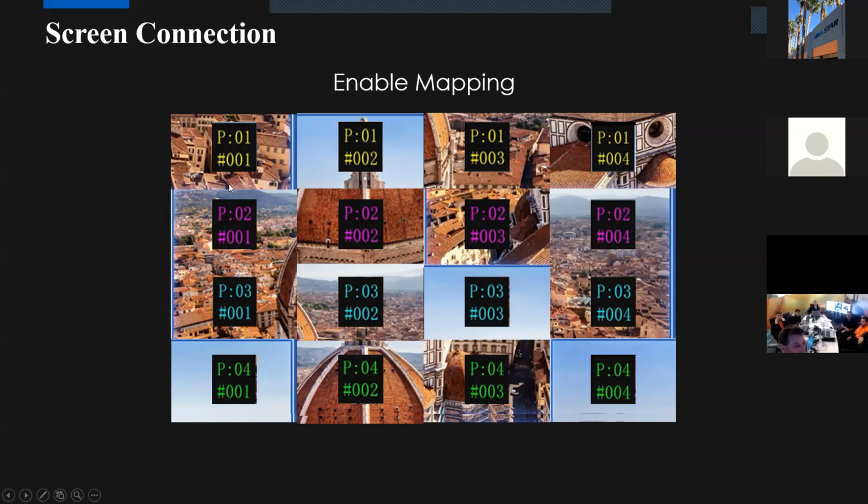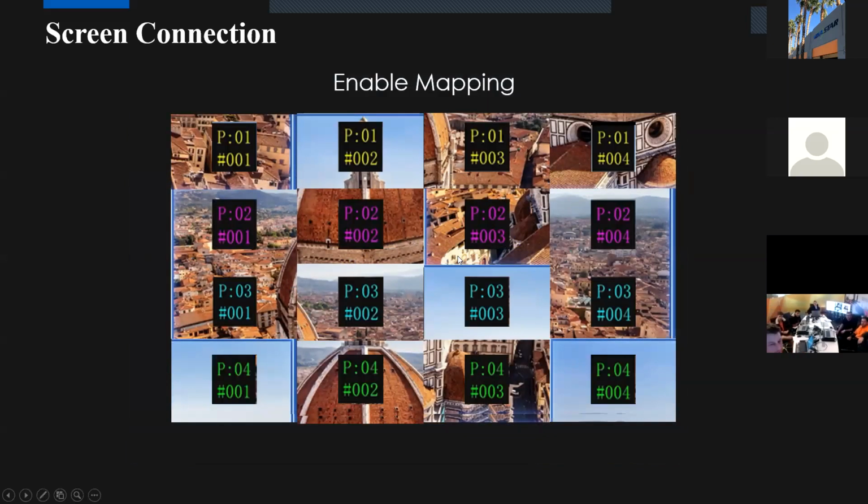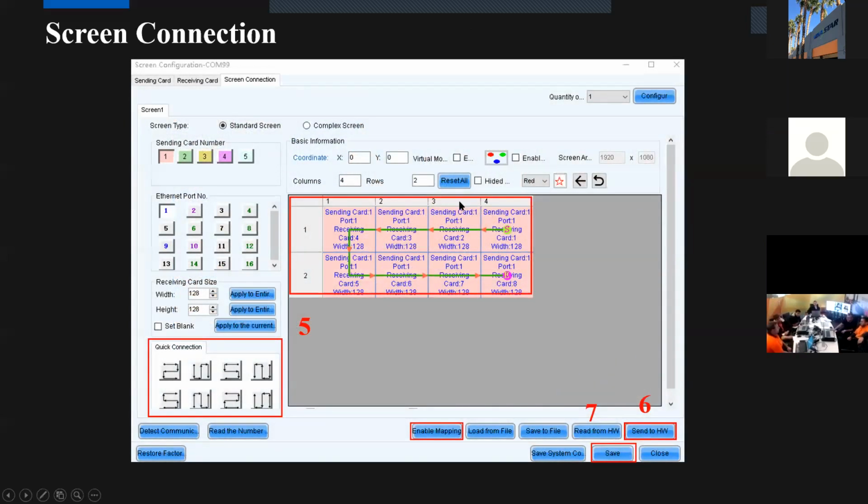Yes, port number 1, port number 2, port number 3, port number 4. And we can just use this to make the screen configuration. Let's say there are 1, 2, 3, 4 columns and 1, 2, 3, 4 rows. So in this tab, we can give columns 4, and rows 4, and also the sending card,